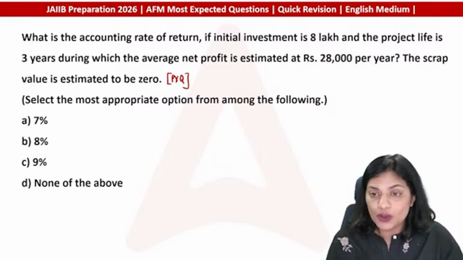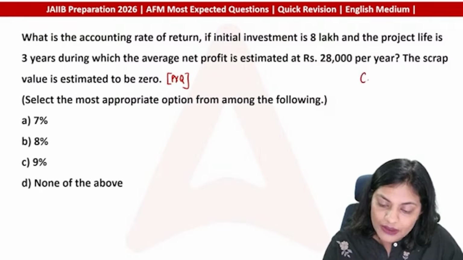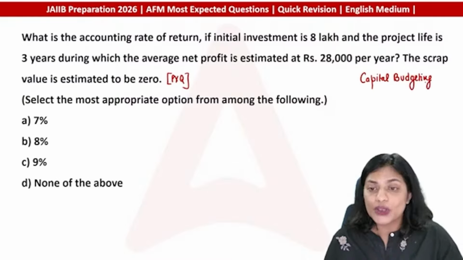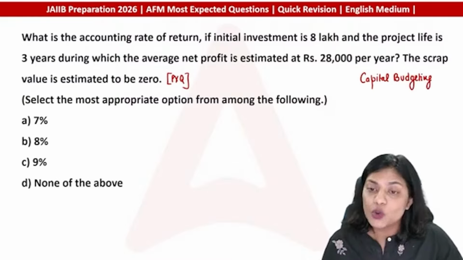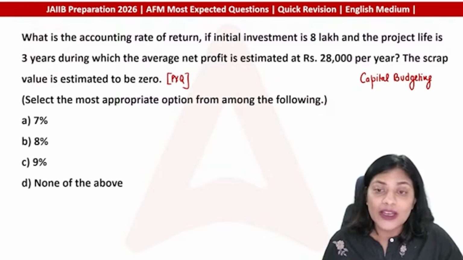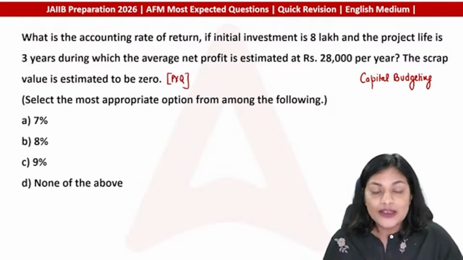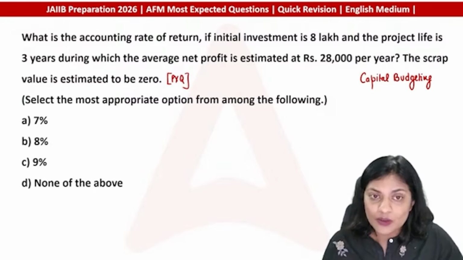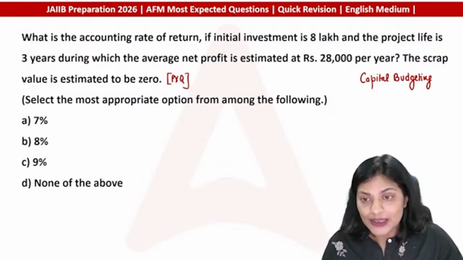Now, meanwhile you solve the question, let me summarize capital budgeting or capital investment decision for you. When we talk about capital budgeting, it is a process of taking a decision with respect to buying an asset or not, investing in a project or not. Why? Because this comes at a huge cost. Resources are limited for all of us. The company is also facing the challenge of limited resources and has to take a right decision, a decision that would maximize their profit, correct?